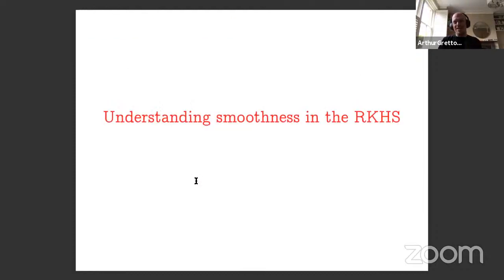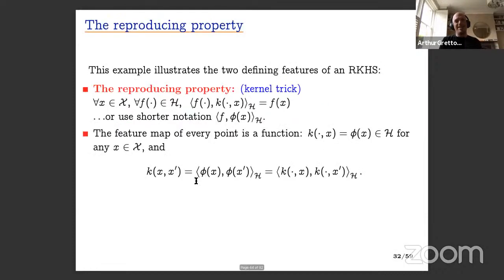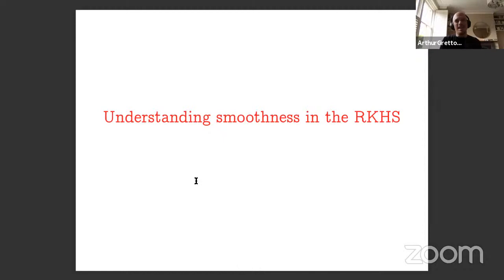So now, it seems like these properties, from what I've described, are very simple properties to understand. But now I'm going to get to the meat of this first lecture, which is understanding why reproducing kernel Hilbert spaces enforce smoothness. And for this, we're going to be constructing a reproducing kernel Hilbert space from scratch, and we're going to be deriving the properties on this slide. And when we do that, we're going to understand why these properties are a little bit more complicated than they first seem. And in the process, we'll understand why reproducing kernel Hilbert spaces allow us to get smooth